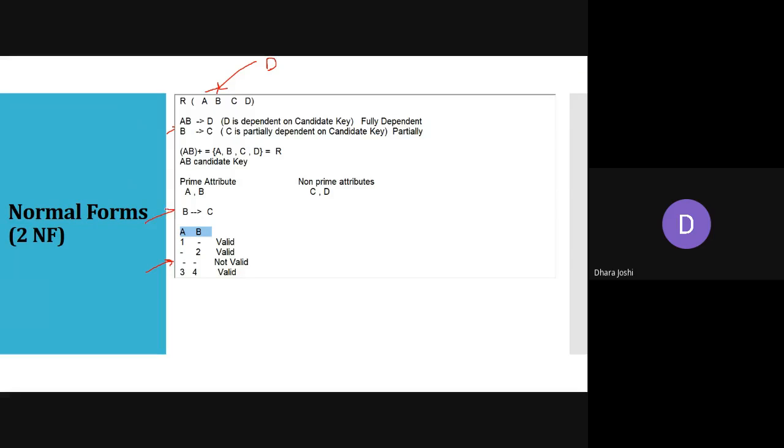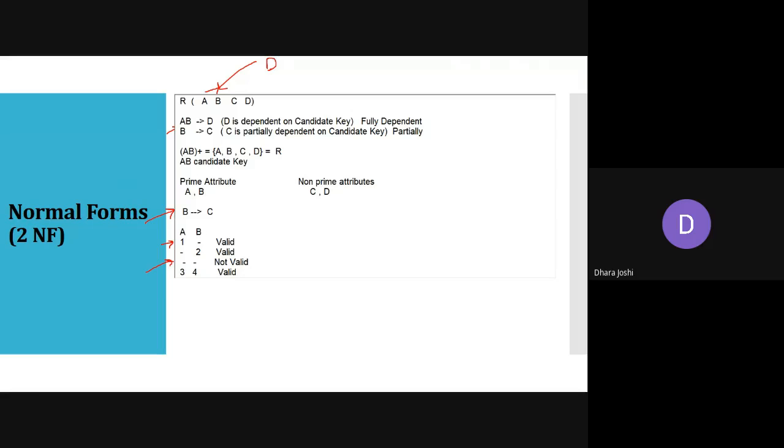But if it is a partial dependency like this, C value dependent है only B पर, मान लो कि ये पहला वाला केस है जहां पे B की वैल्यू नल थी, ओनली वो A के साथ है तभी वो वैलिड केस है। अगर वो अकेला है और उसकी वैल्यू नल है तो उससे C हमको नहीं मिल सकता। Only for that reason partial dependency here is not allowed.